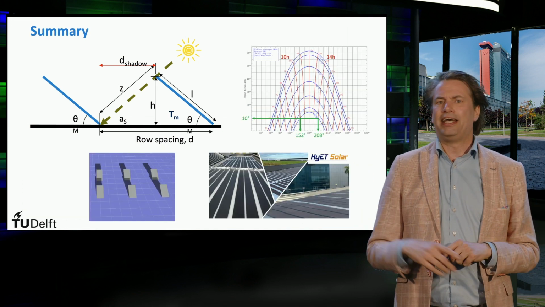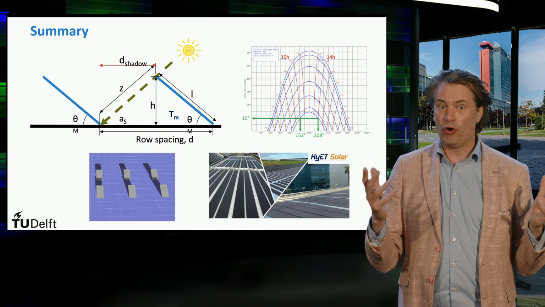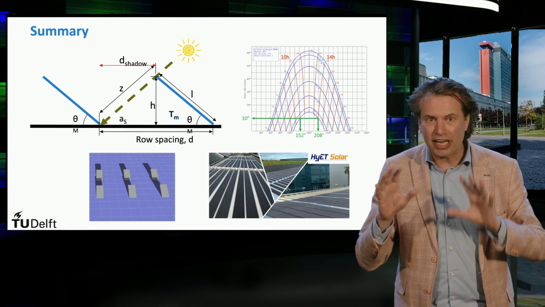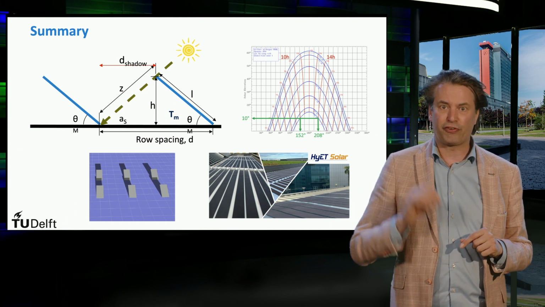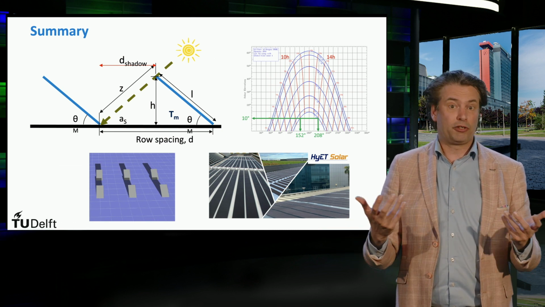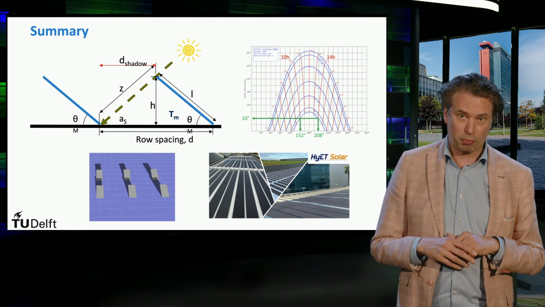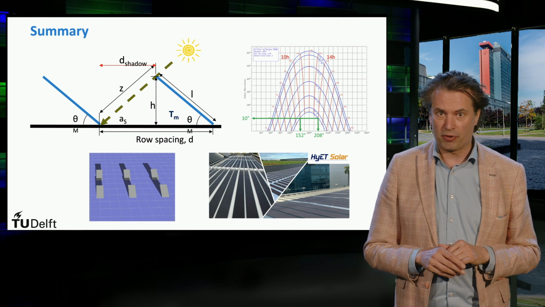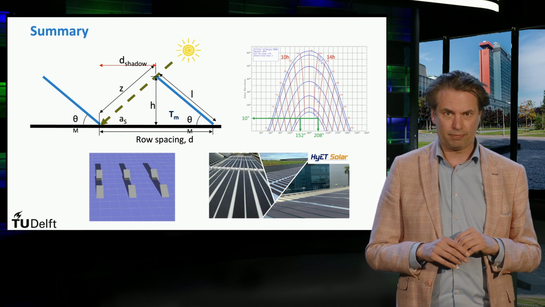In summary, in this video, you learned for a PV system based on rows of glass encapsulated PV modules how to graphically locate the solar azimuth and elevation for a specific shade-free time window. Then with these data, we derived the trigonometric formula to obtain the inter-row spacing, the shadow, and lastly we defined the ground cover ratio parameter to evaluate our PV system design.